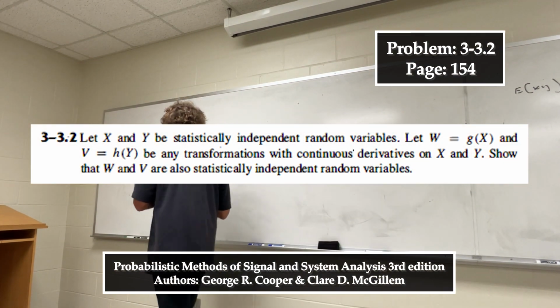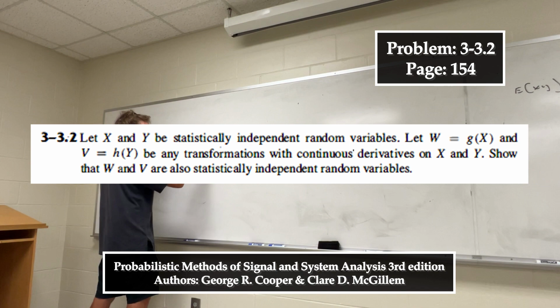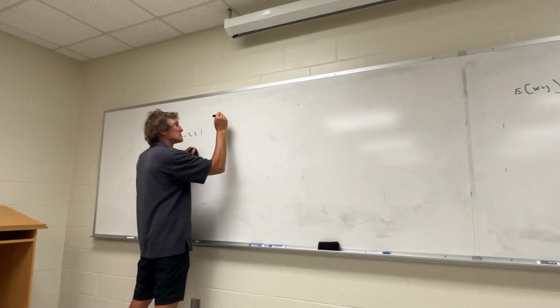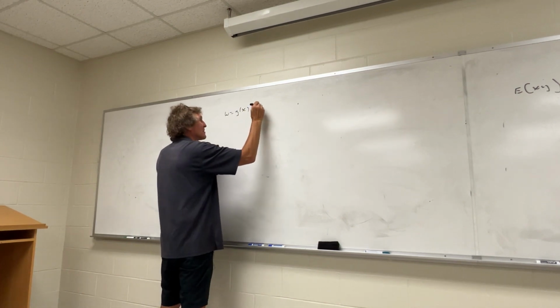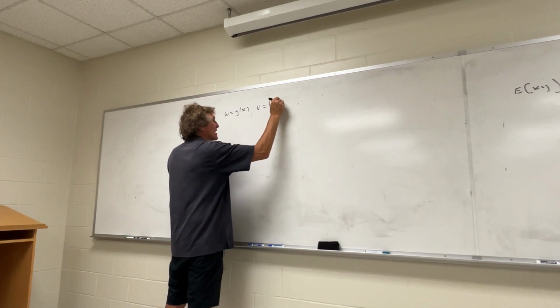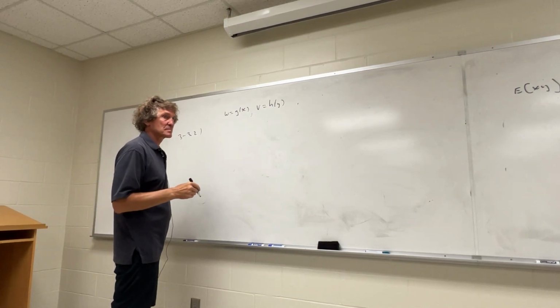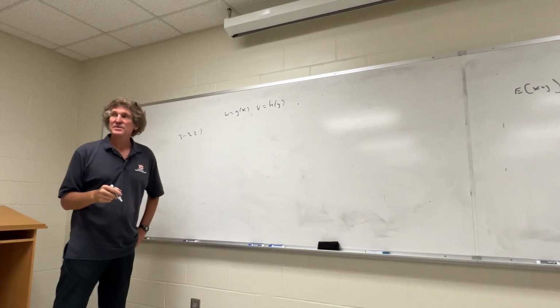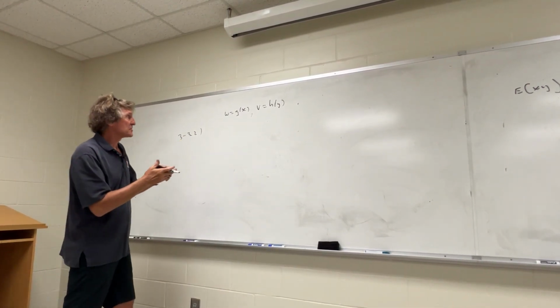All right, so 3.2, let x and y be statistically independent random variables. And then let w equal g of x and v equal h of y, any transformations with continuous derivatives on x and y. Then show that w and v are also statistically independent. He just wants to let you know that, and the way to prove it is you can say that